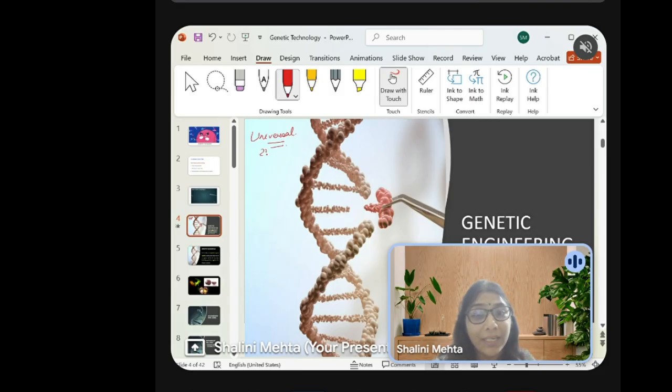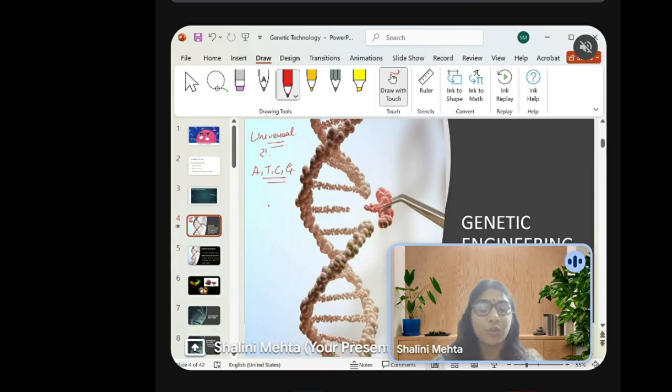What does that mean? That means in each organism, right from bacteria to human beings, the genetic code is in the form of these four letters. What are those four letters? Yes, A, T, C, and G. So these four letters are present in all organisms, and that's how the genetic instructions are stored. It is just the sequence of these instructions that differs from one organism to another.